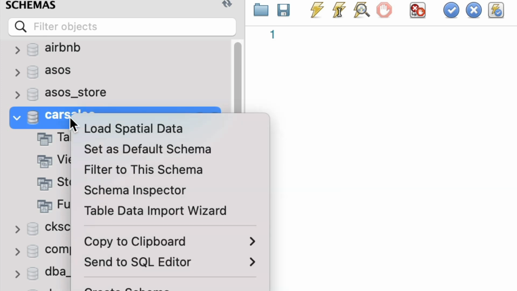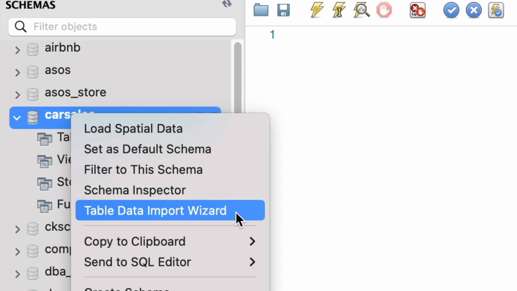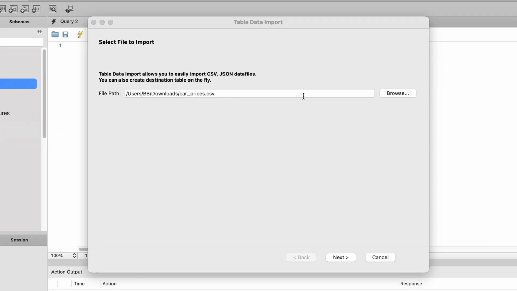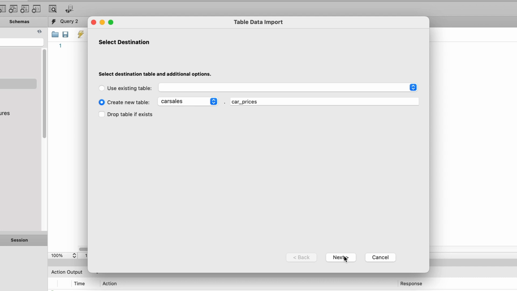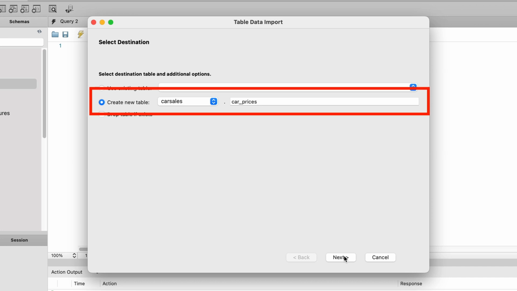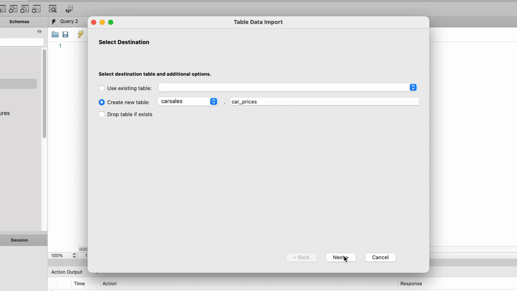Right-click on the car sales database and select Table Data Import Wizard. You'll see the Table Data Import Wizard. Click Browse and locate the CSV file that you extracted earlier. Click Next. You'll see the destination screen. You can either select an existing table to import the data into or create a new table. Creating a new table is selected by default, and the name is set to your file name. You can change this to whatever you want the table to be called, but for us, we can leave it